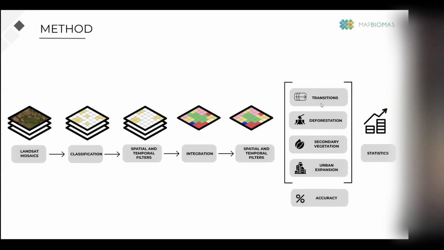Because one thing are the maps, and the other thing, the coolest part of MapBiomas, is that you can see what happens with the Brazilian territory and recount the history over time using the maps. So the transitions: deforestation, what is happening with the vegetation, mining sites, like Nick said, we know exactly where the mining sites are, how fast they are growing, close to indigenous lands or not. So there's a lot of information that we can extract from these maps to understand the land use and cover dynamics that is important for a lot of stuff.